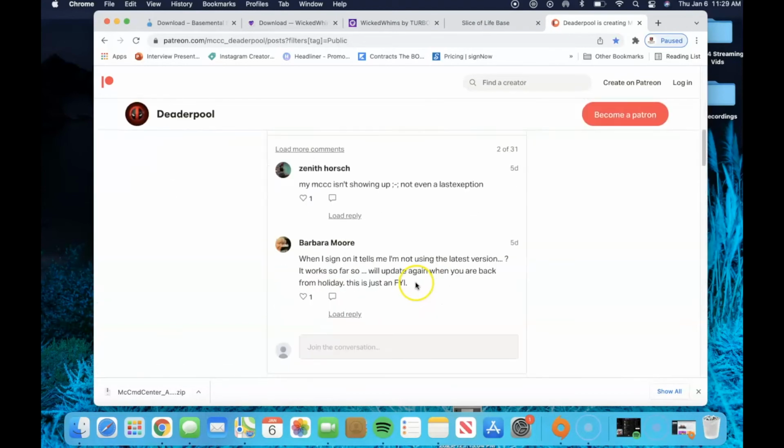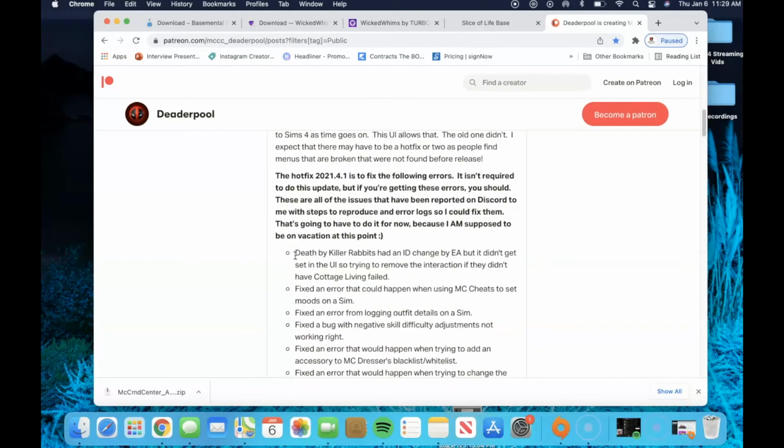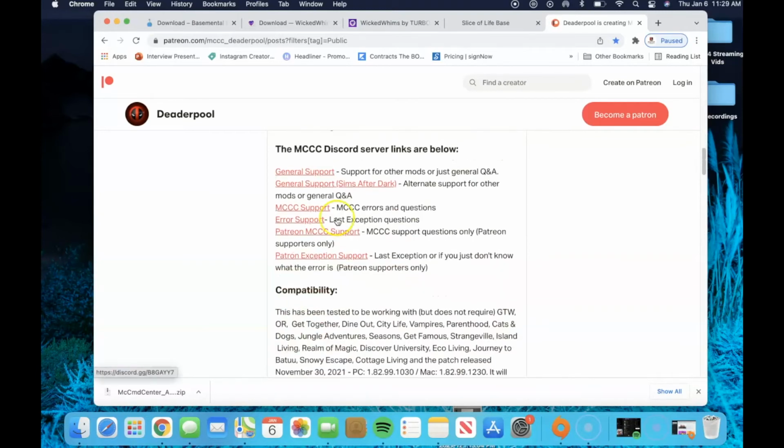Now, if you're just going through a lot and you're not seeming to know what you're doing wrong, I always recommend reading through the mod creators' sites and Patreons because typically they have a Discord, okay? So if you don't have a Discord server, I definitely highly recommend creating an account with Discord, downloading the app on your phone or your iPad or whatever you're using. You can even download it on your computer. And then add the websites and mod creators that you're downloading from, adding their Discord links, because most Patreon and mod creators have Discord links, so you can contact their support and ask any questions that you